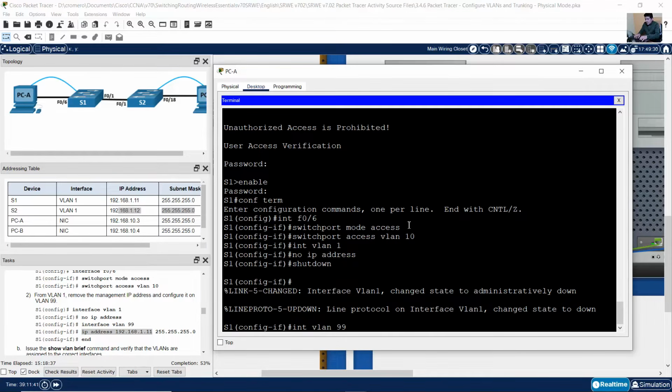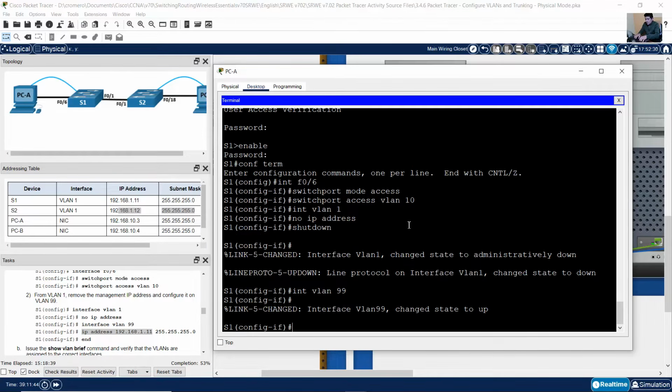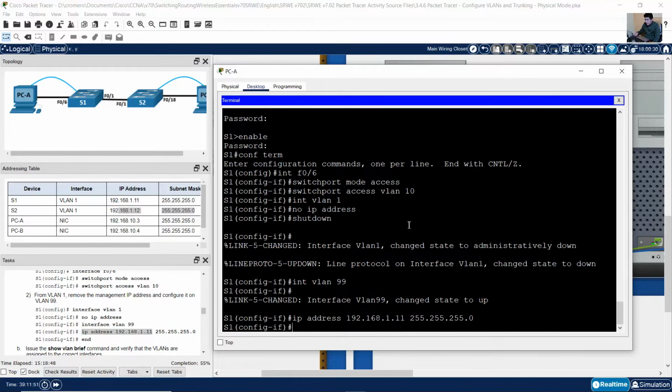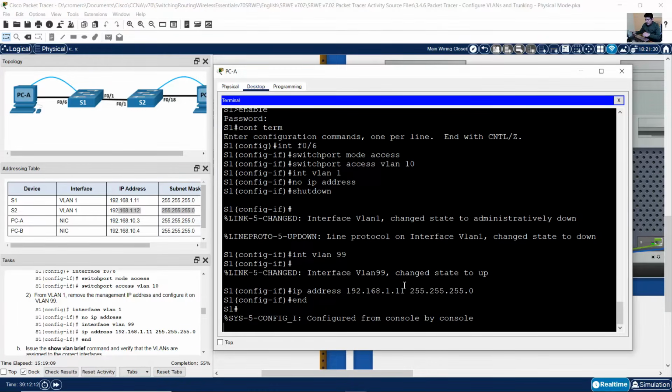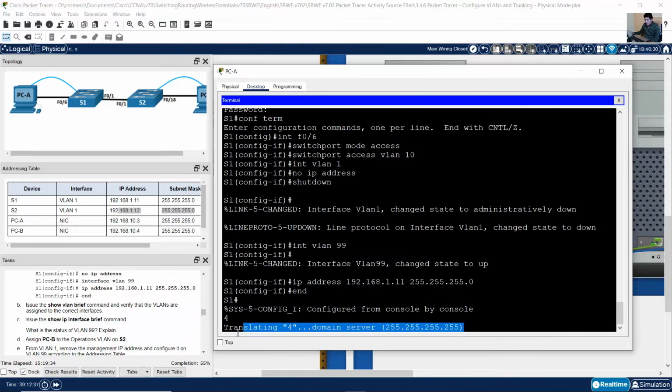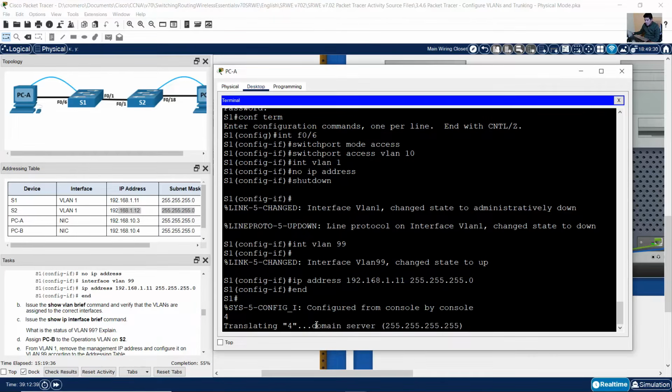Interface VLAN 99, IP address 192.168.1.11, subnet mask 255.255.255.0. The no shutdown command is not necessary because VLAN 99 automatically changed state to up. And if you get the message about translating the domain server,